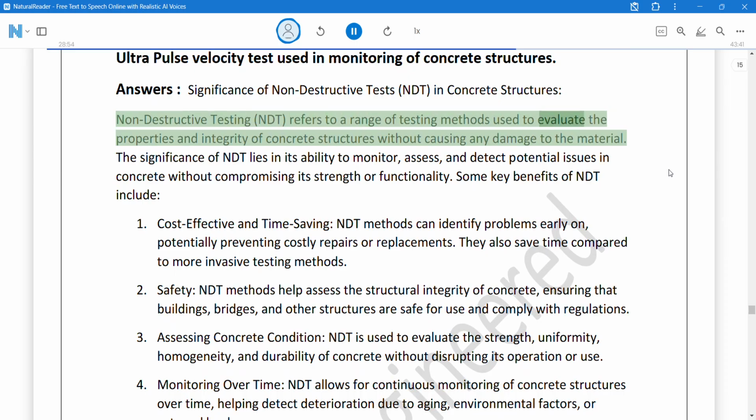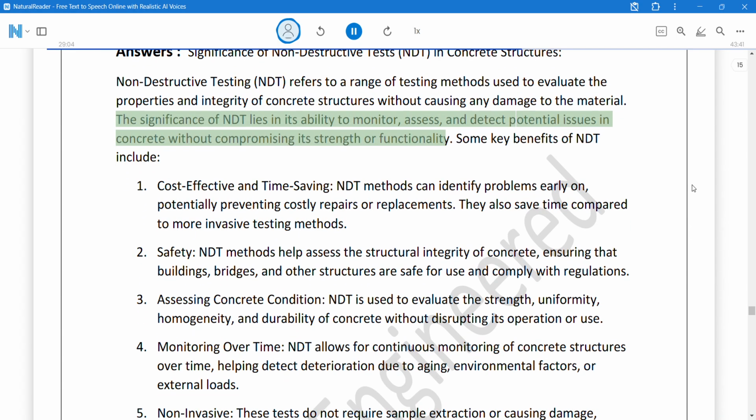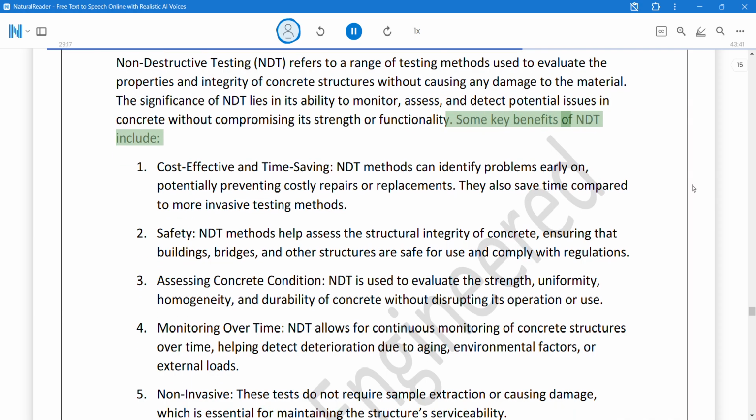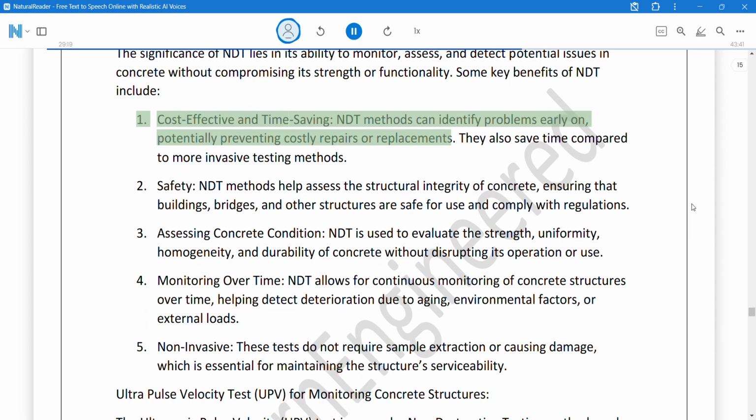Non-destructive testing refers to a range of testing methods used to evaluate the properties and integrity of concrete structures without causing any damage to the material. The significance of NDT lies in its ability to monitor, assess, and detect potential issues in concrete without compromising its strength or functionality. Some key benefits of NDT include: